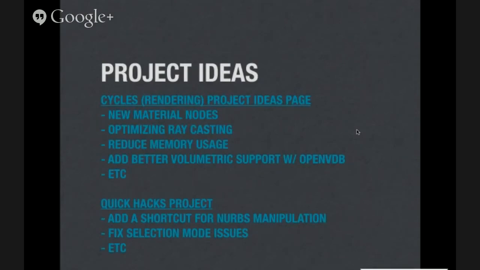There's lots of projects to work on. This is a link, and I think maybe Stephanie will send out the slides after. There's a bunch of pages on the Blender wiki that describe potential projects you could work on. They scale all the way down from small bug fixes to get your feet wet, which I think is a good way to start, to larger projects that involve adding broad new features, like adding more volumetric rendering support with some existing packages, which are bigger and more difficult features.